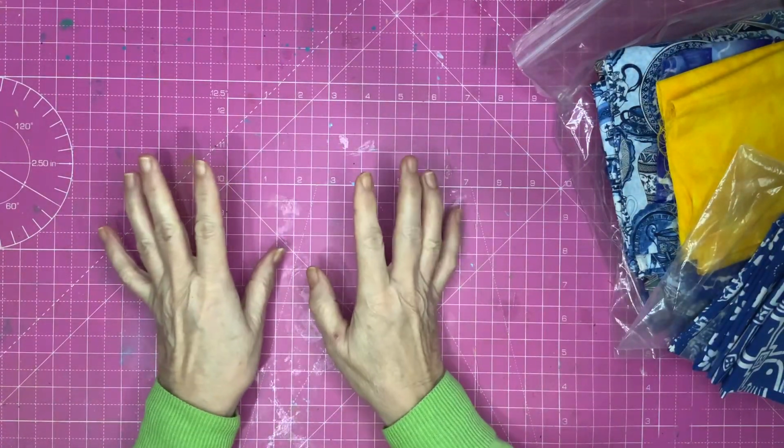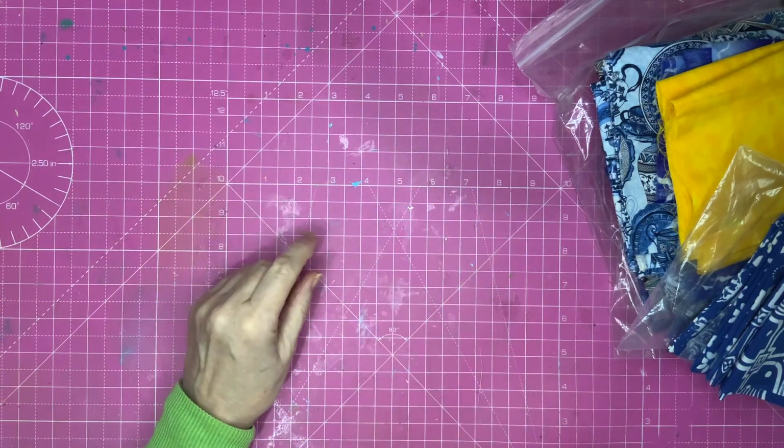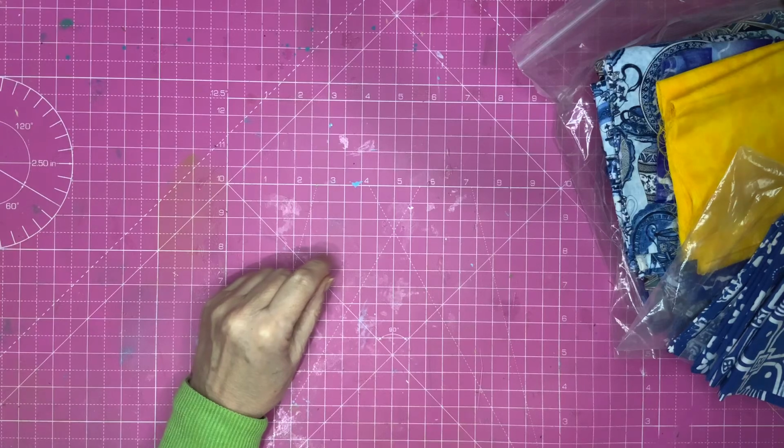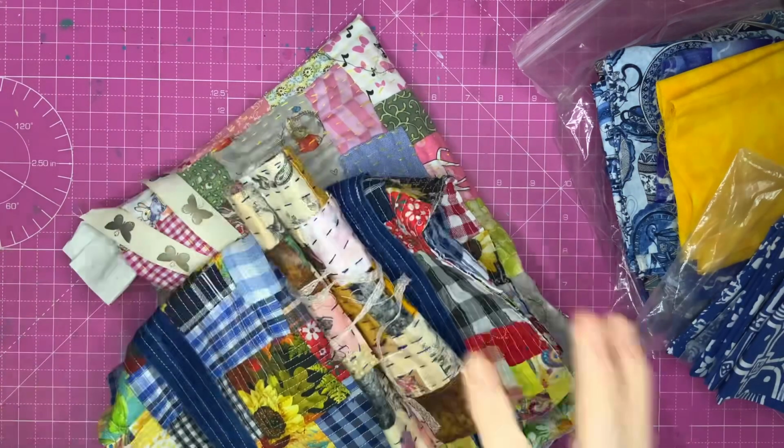And before I do any more fabric, let's have a little break now, and I'll tell you where I've been and what I've been up to. So I'll just bring over some things here, there, and I'll chat to you. Now,